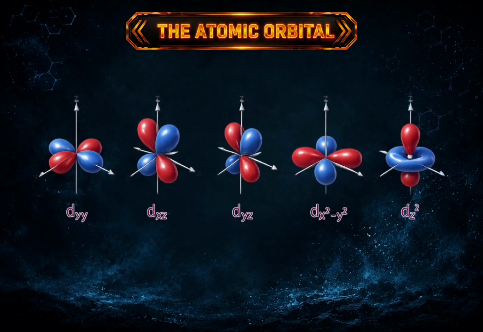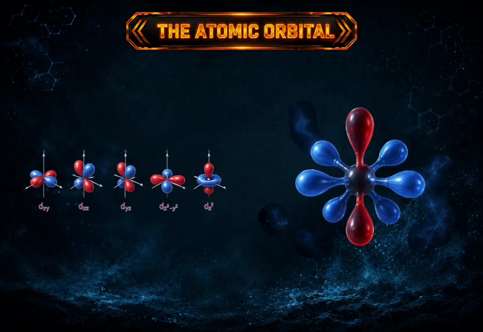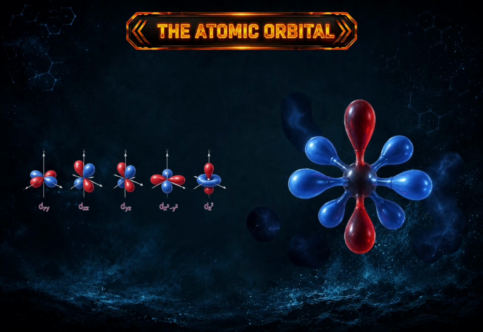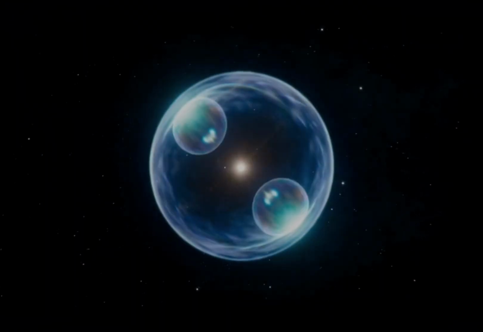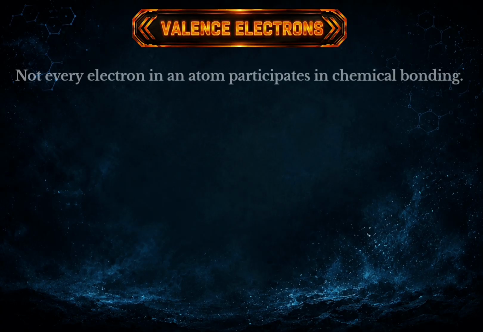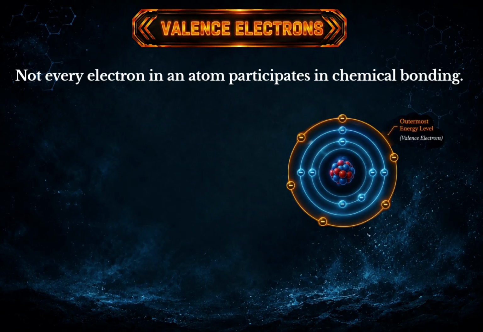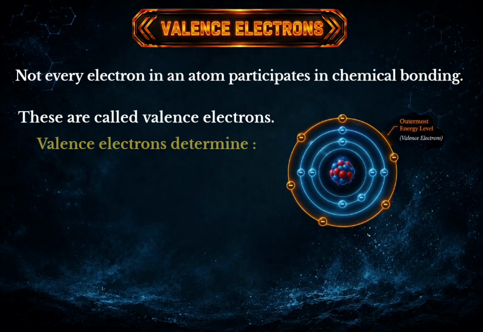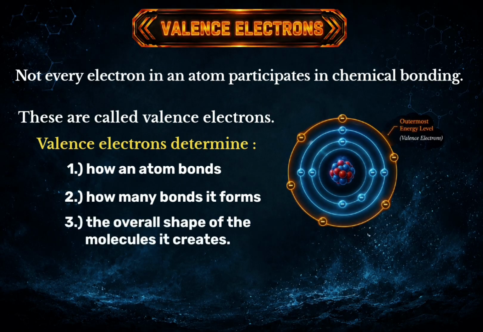For elements in the 3rd period and beyond, d orbitals can also participate in hybridization. We'll explore those later when we study molecules with 5 or 6 electron domains. For now, remember one important idea. Hybridization happens when these atomic orbitals combine to form new hybrid orbitals. Now let's focus on another key concept. Not every electron in an atom participates in chemical bonding. Only the electrons in the outermost energy level are involved. These are called valence electrons. Valence electrons determine how an atom bonds, how many bonds it forms, and the overall shape of the molecules it